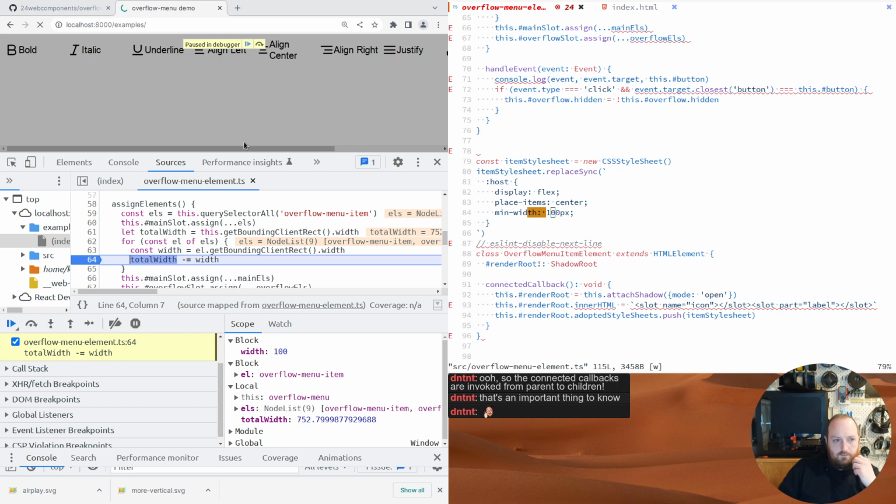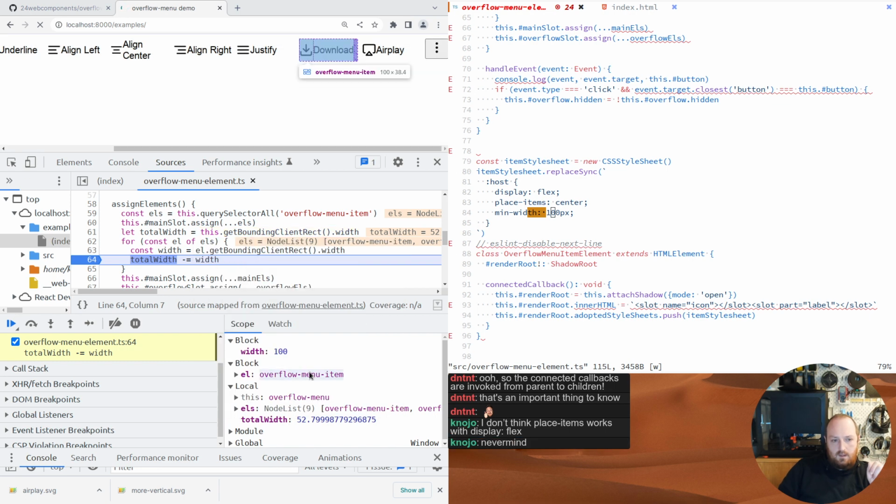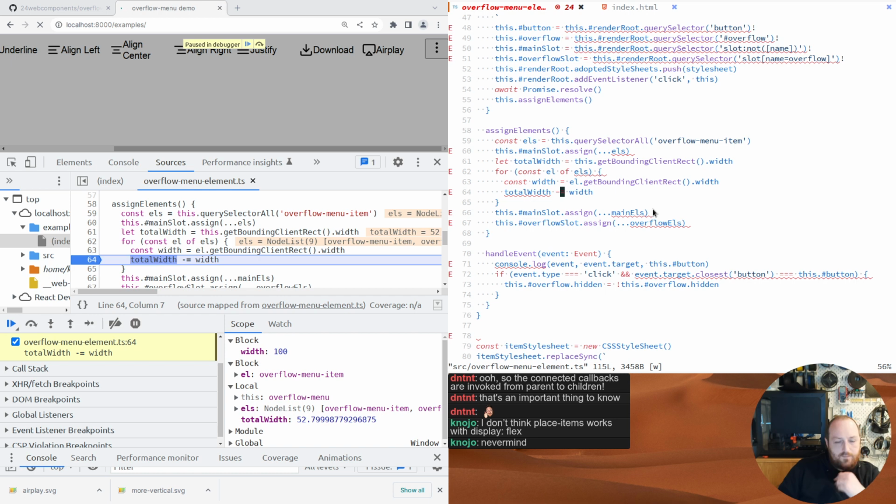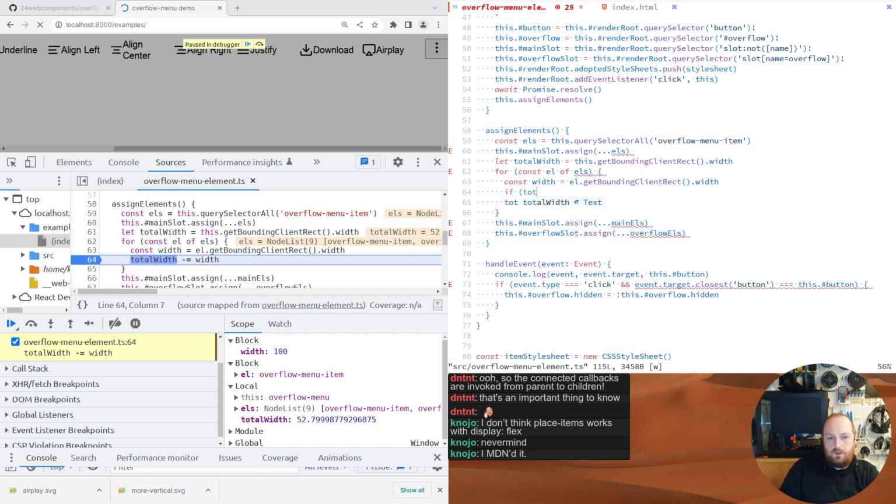So we've got 752. So I should be able to say, 652, 5, 4, 3, 2, 1. Now, for this particular element, which is the download one, I should have added some names, it's saying that there's no space to fit in here, right? So we should be able to say, if total width minus width is less than 0,